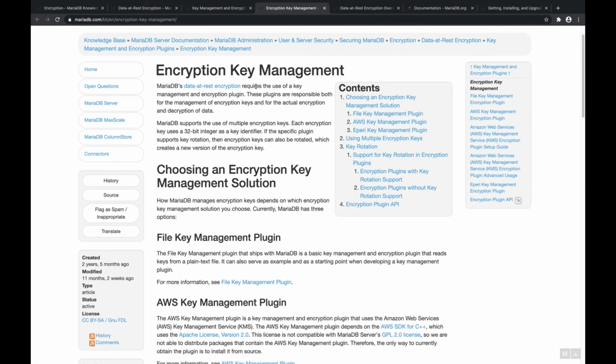MariaDB data at rest encryption requires the use of a key management and encryption plugin. These plugins are responsible both for the management of encryption keys and for the actual encryption and decryption of data. MariaDB supports the use of multiple encryption keys. Each encryption key uses a 32-bit integer as a key identifier, if the specific